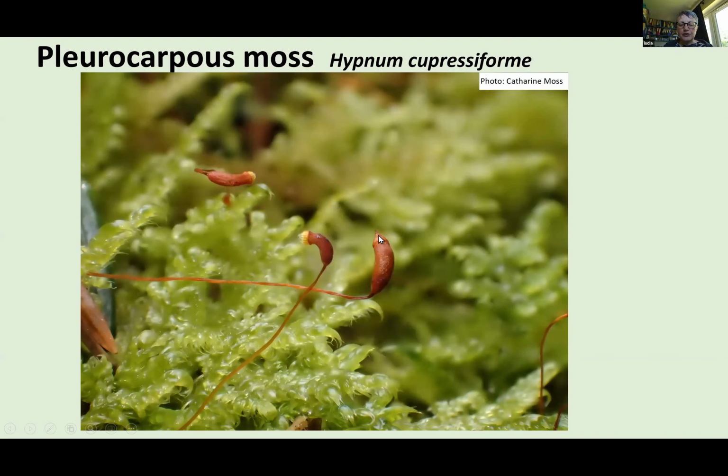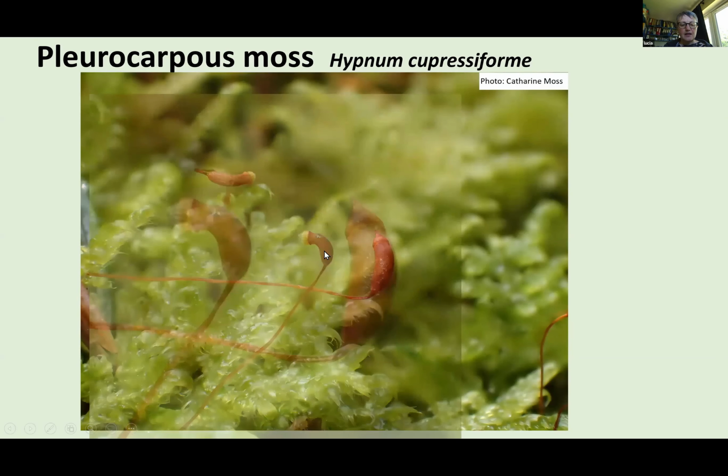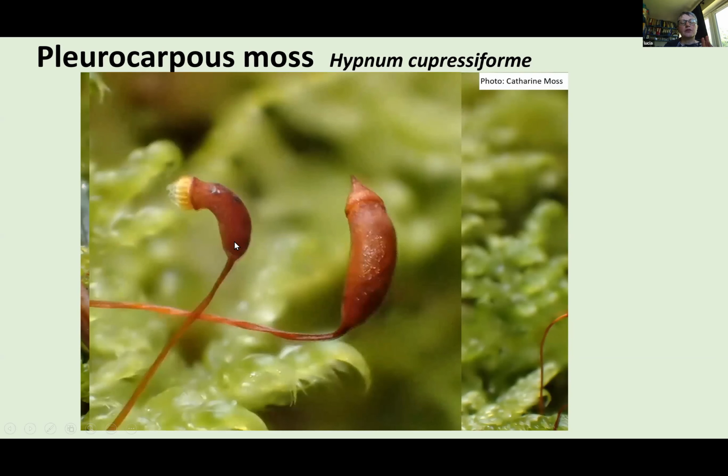It has got this odd conical lid on it, but if you look at the one next door, that hasn't got a lid anymore. So it's got to the stage of maturity where it wants to open, it wants to disperse its spores. The lid has fallen off, and what it has instead is these yellow sort of fine hairs, the peristome teeth. The peristome teeth form a kind of membrane on top of the capsule, that when the state of hydration, humidity in the air is right, they open up